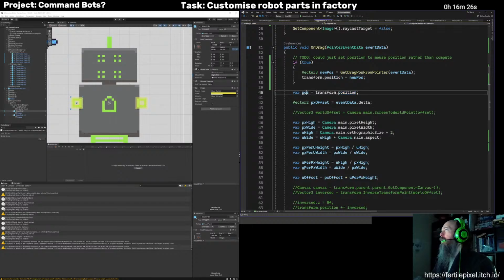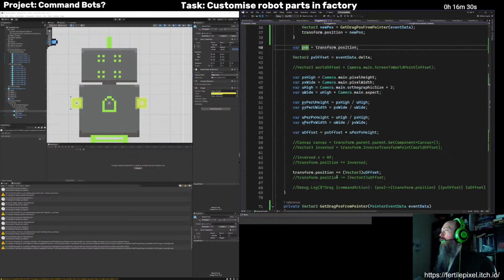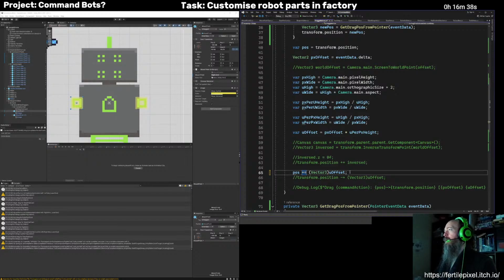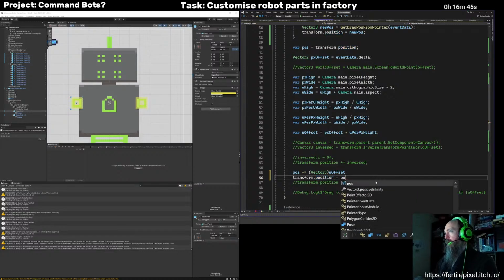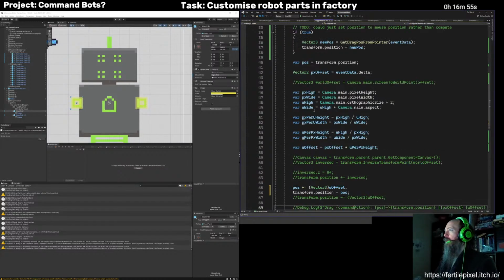Transformed position, so pose. So I'll instead do pose plus equals that. And then transformed position equals pose. I don't remember what all of this other stuff necessarily is.